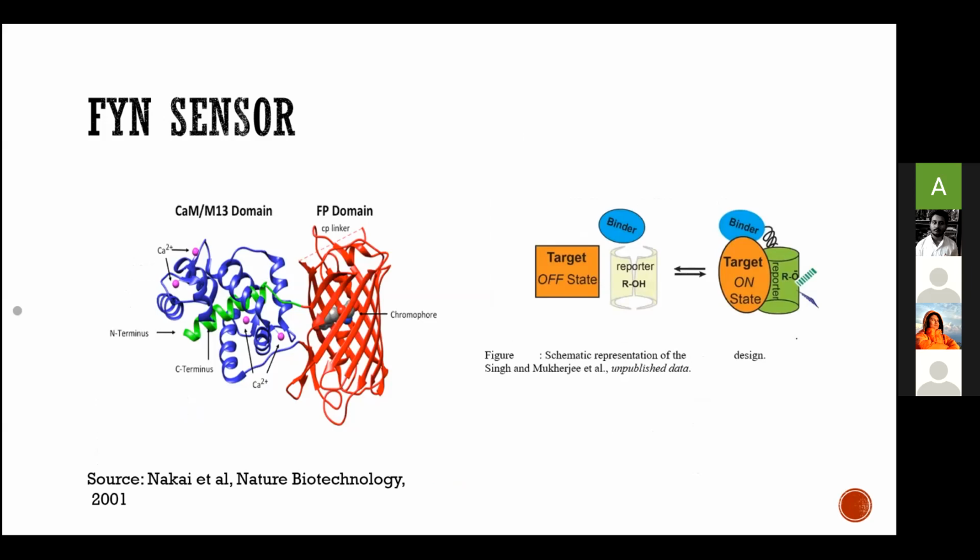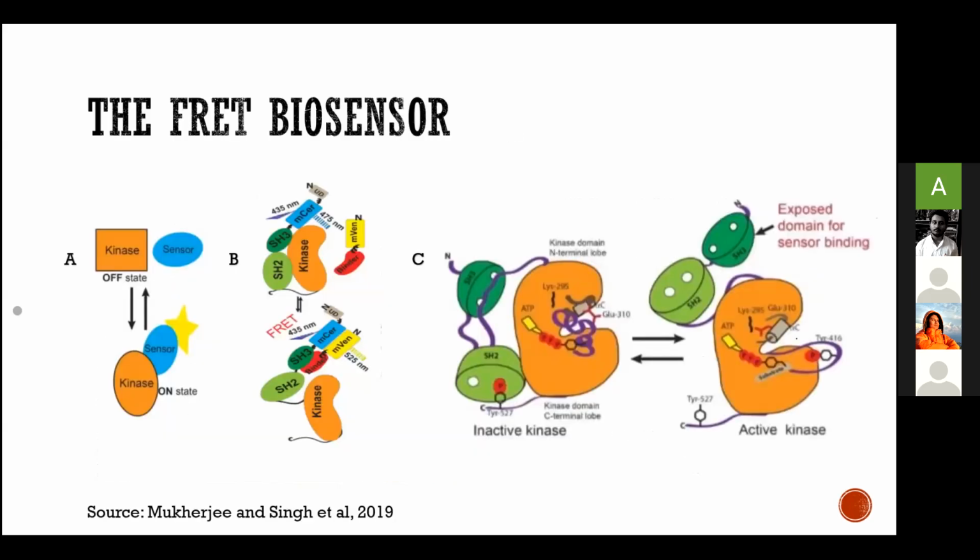So our lab's whole idea is that we have to keep chasing Fyn, okay? So now if we have to detect Fyn, then what are the other designs you can take and incorporate into a biosensor design, or make a new biosensor which can detect Fyn in active state. That was the idea. And what are the softwares which were used for doing the whole thing?